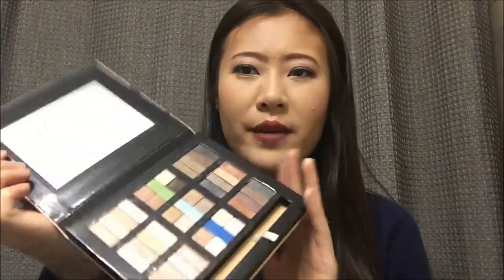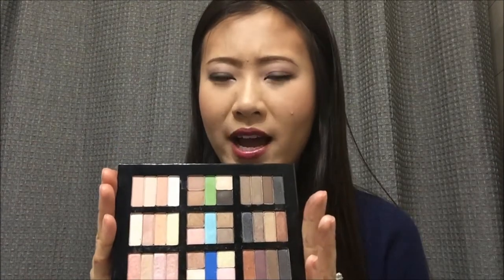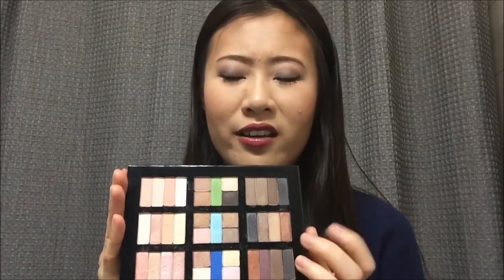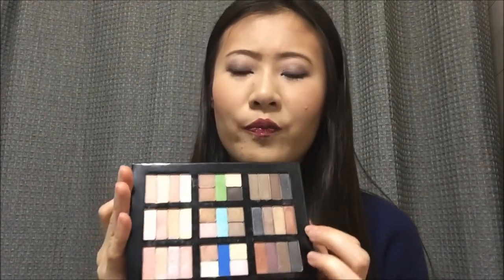So each shade right here is, some of them are 0.46 grams, some of them are 0.57 grams per shade. So that's about, oops, sorry, didn't mean to blind you, but that's about the same as Lorac Pro palette. I think the Pro palette, each shade is about 0.5 grams of product in it. So each pan right here is about the same as a Lorac Pro pan. So I think